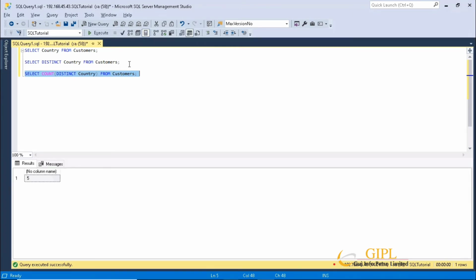Here we have the result that we have 5 different distinct countries in our database. To look upon which 5 they were, we again go back to the original SQL statement that we used earlier and see that these are the 5 countries that were distinct in our database.